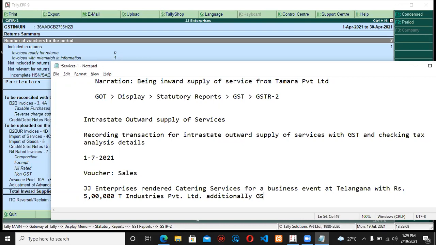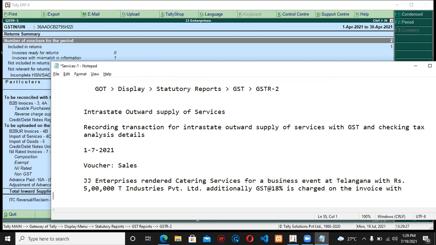Apart from this, additionally, GST is being taxed at the rate of 18%. GST is charged on the invoice with a reference number. We have to give a unique reference number here.